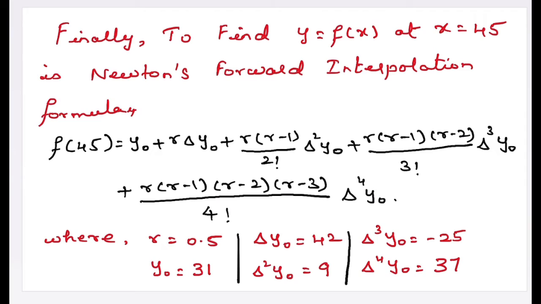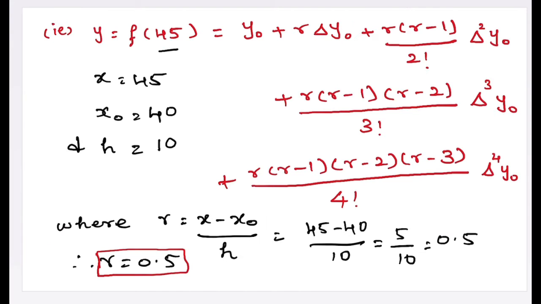Now to find y equals f of x at x equals 45, you have Newton's forward interpolation formula. F of 45 is equal to y naught plus r into delta y naught plus r into r minus 1 by 2 factorial delta square y naught plus r into r minus 1 r minus 2 by 3 factorial delta cube y naught plus r into r minus 1 r minus 2 r minus 3 by 4 factorial delta power 4 y naught,